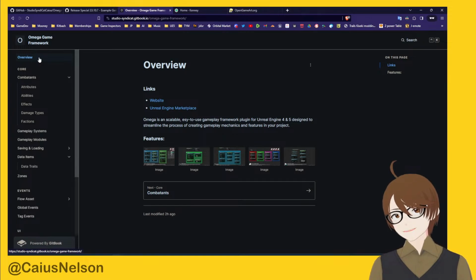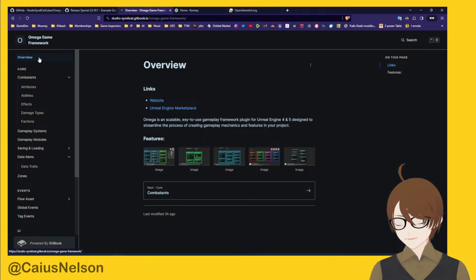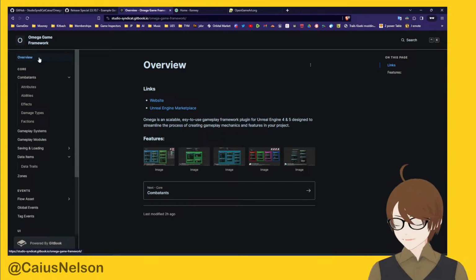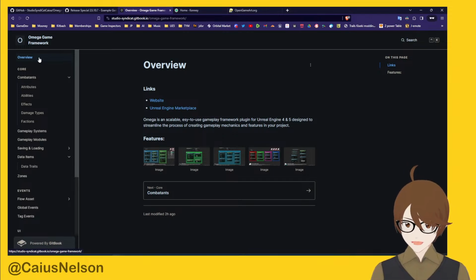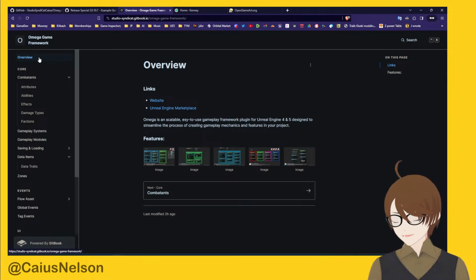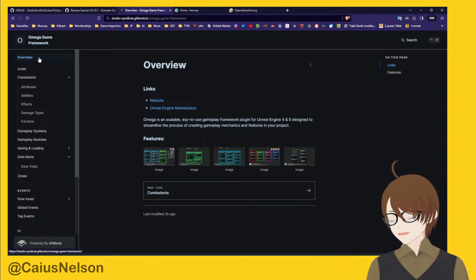Getting Omega up to date on the Epic Game Store has been very difficult, just because of how the review process works, plus the fact that for efficiency, I only do one version of the plugin at a time, and due to various other reasons, most work related actually, I haven't really had the time to focus on getting it up to date with the marketplace specifications. So that is why it has taken so long. Right now, I'm trying to figure the best approach to go about it, because hey,